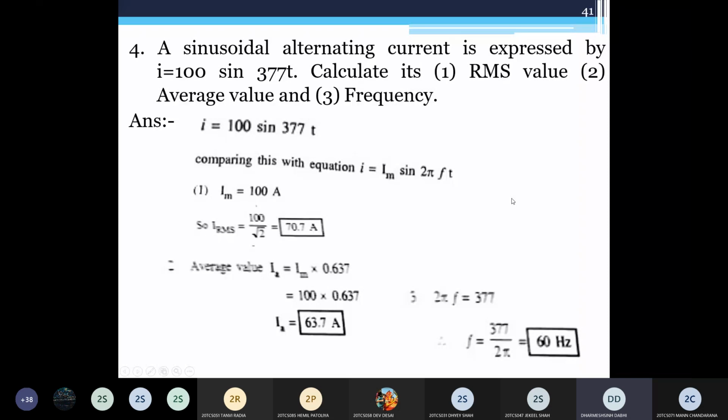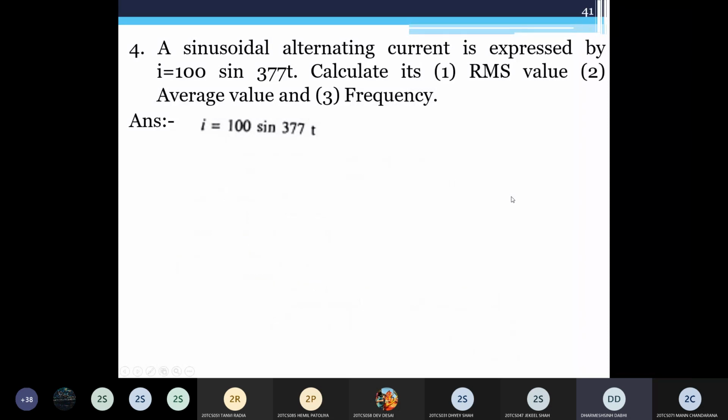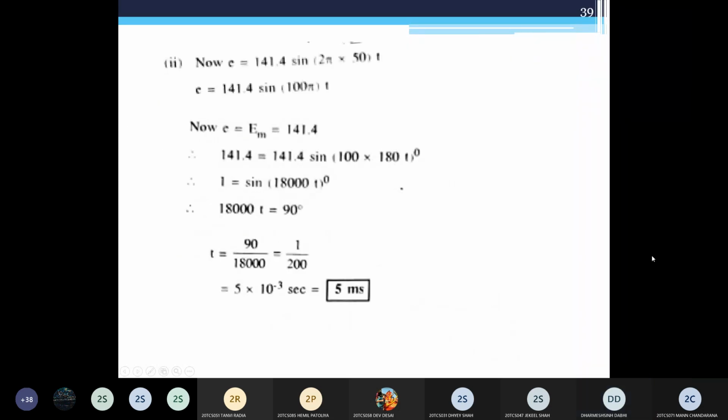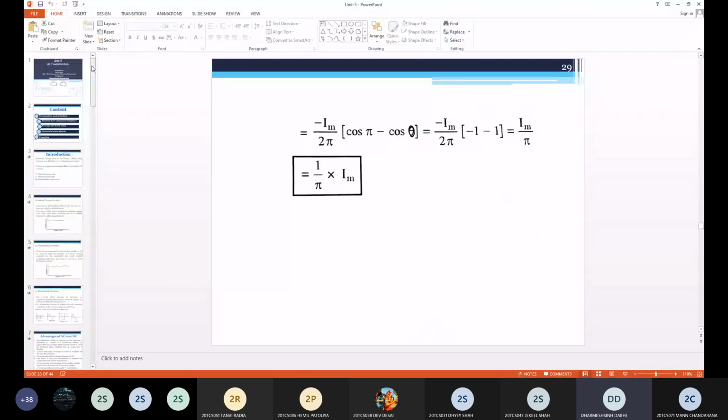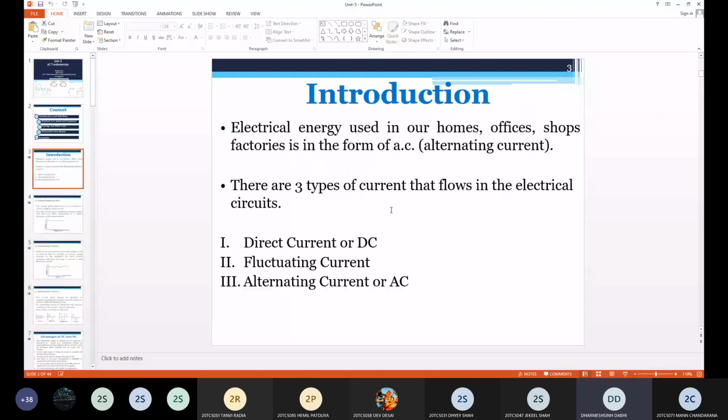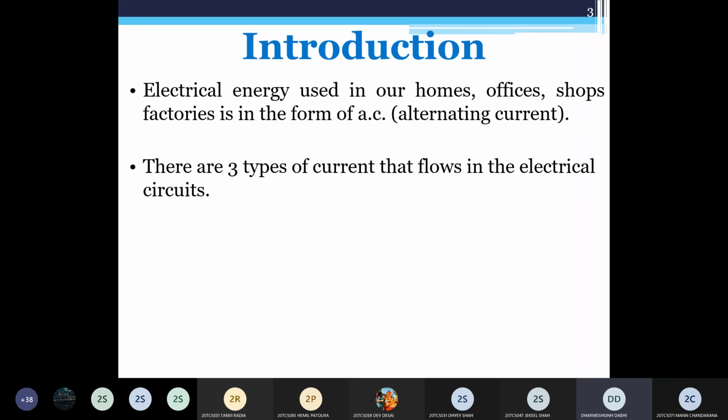So here this chapter is over. It's a very small chapter. As you can see, we started from the definition, and we first saw the difference between AC and DC circuits. Why do we generally prefer AC? We found a number of reasons because of which we generally prefer AC compared to DC. But in some applications we still use DC because of some advantages, like charging of the battery, like in your mobile phone, electrostatic circuits, all these things.